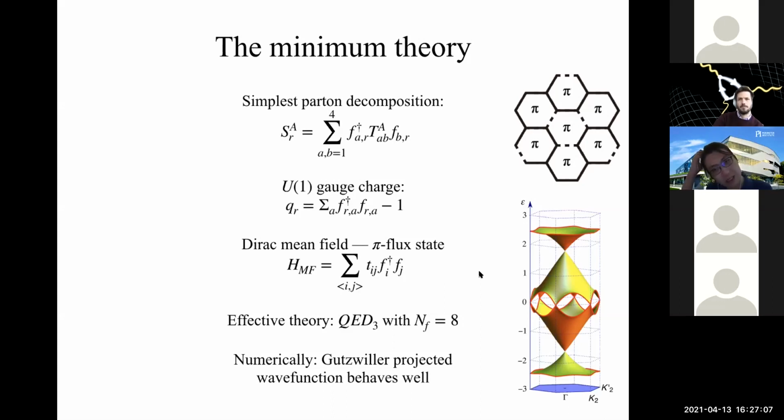And numerically, the Gutzwiller projected wave function you get out of this mean field theory appears to behave pretty well. It compares well to, for example, things like exact diagonalization and so on. So it's tempting to say that maybe that's the theory. Everything looks fine,